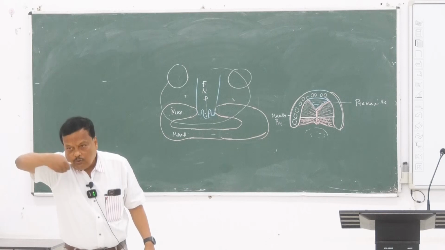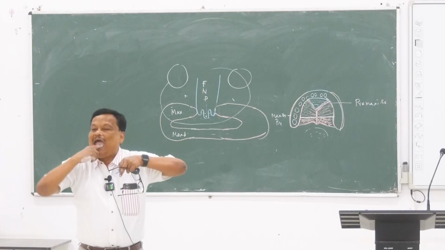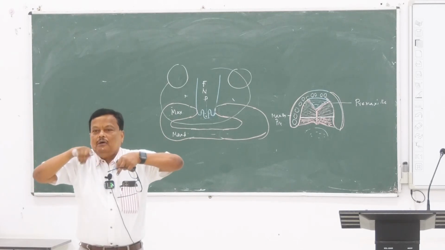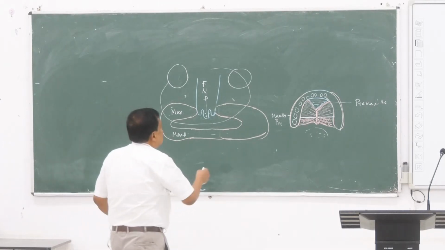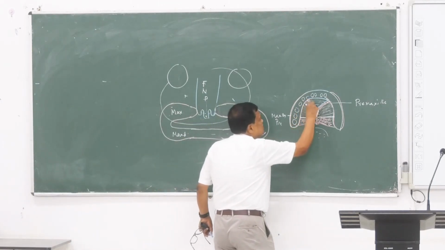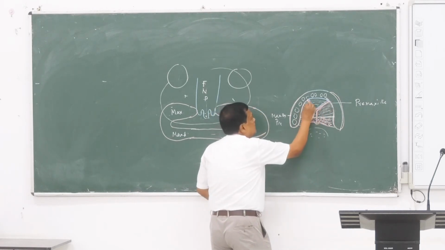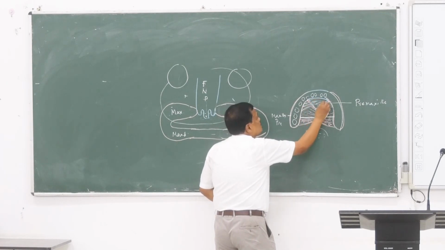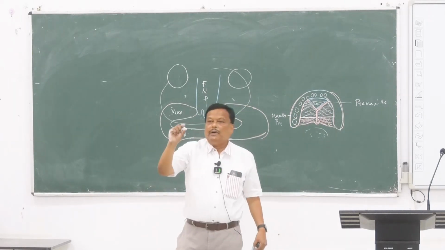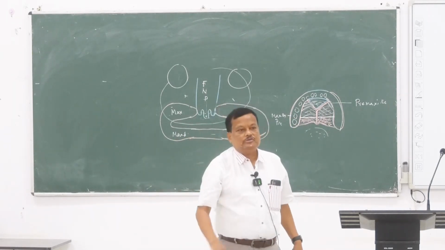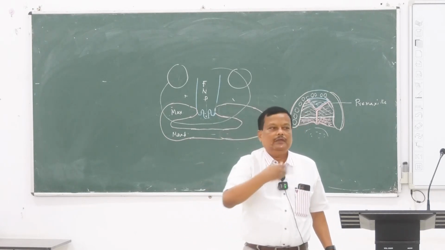So there is one triangular plate from the front side, from the frontonasal process, and two horizontal plates from the maxillary process. Ultimately, they join together in a Y-shaped manner, and after that the anterior two-thirds become ossified and become the hard palate, and the posterior one-third remains unossified, containing muscles, aponeurosis, etc., and becomes the soft palate. This is the normal development.